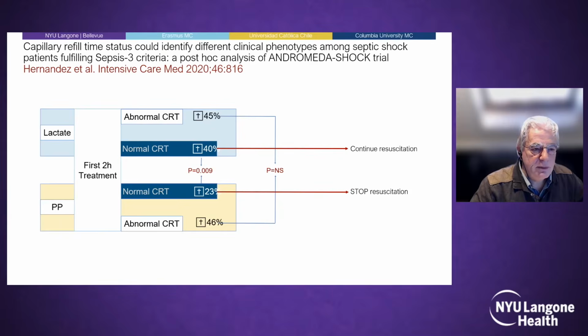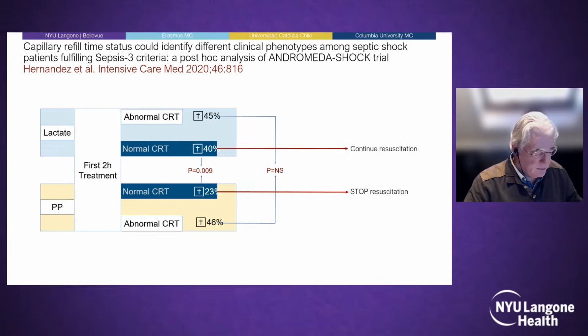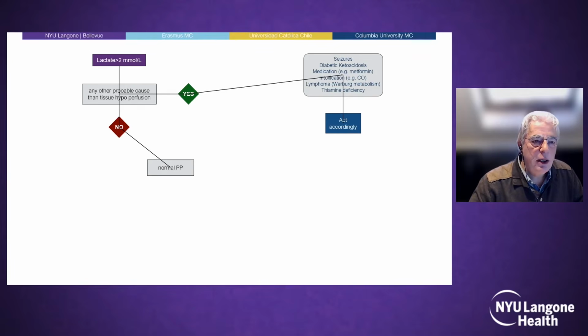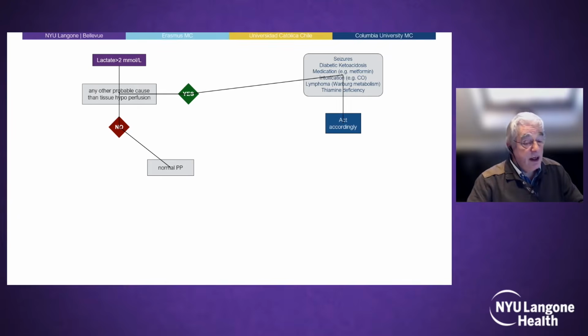because lactate was not measured in this group. And the mortality was almost completely the same, 46%, and not very different from this 40%. And so continued resuscitation with normal peripheral perfusion might be harmful to a patient. If you still have doubt,